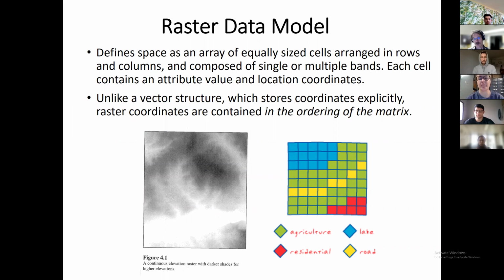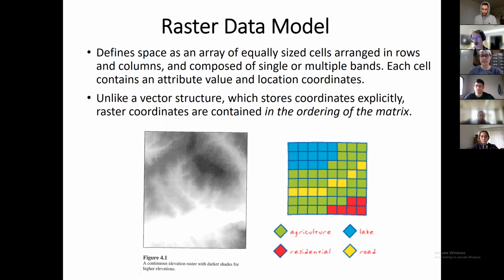raster data models, right? So vector and raster are sort of images or arrays of cells. And they can be just single or multiple bands. If it's single band, it'll be a grayscale image. If it's multiple bands, it'll be an image that has color to our eyes, depending on how it's shown. And every single pixel, every single cell, contains some kind of attribute value and location coordinates if the data